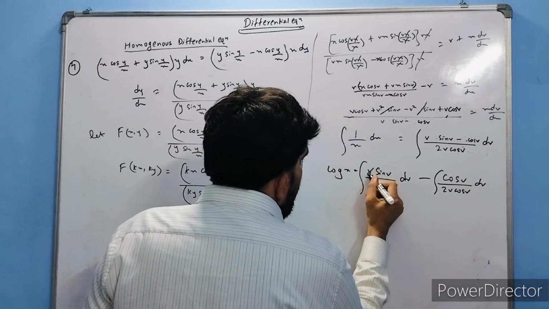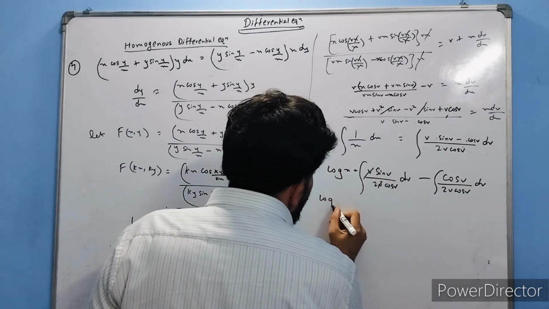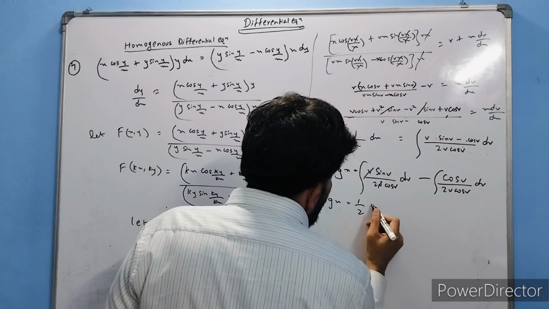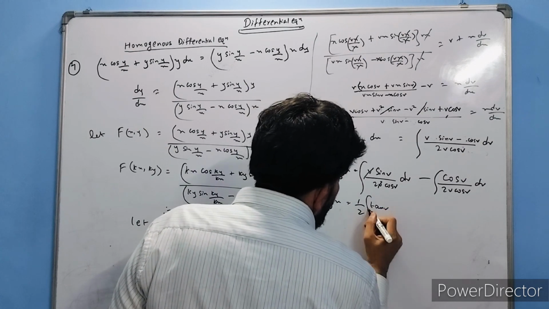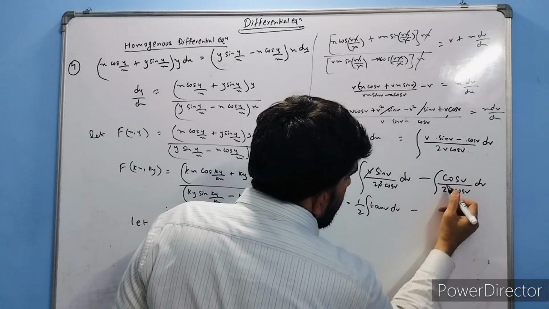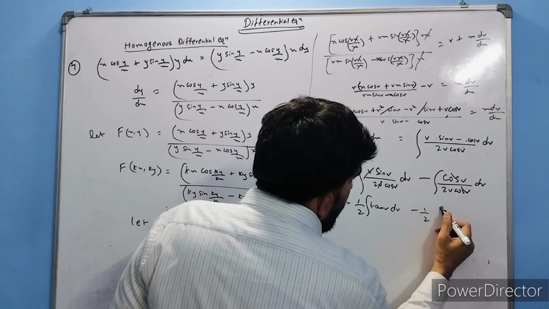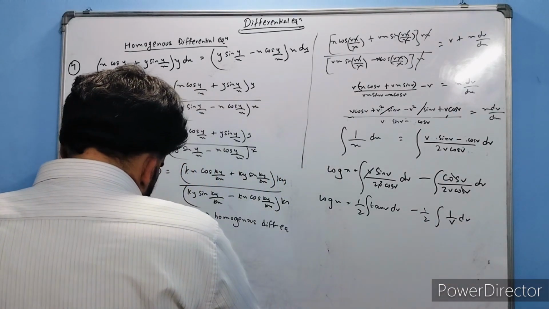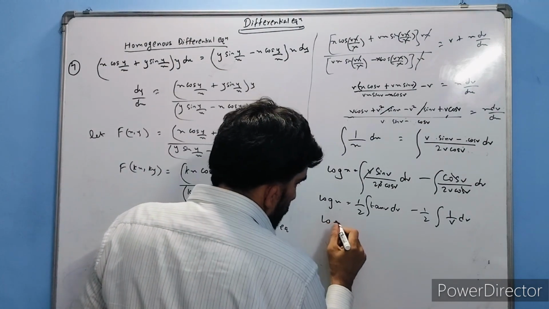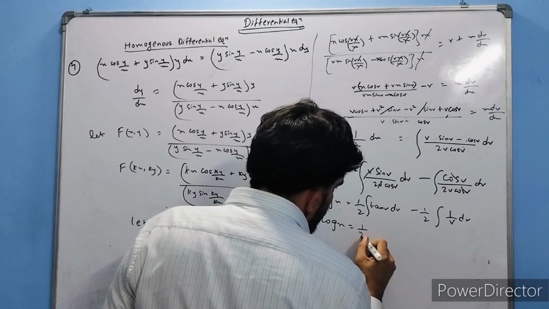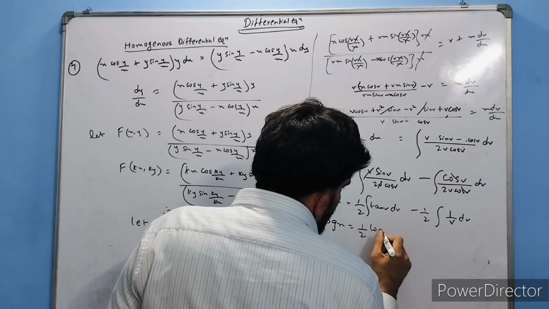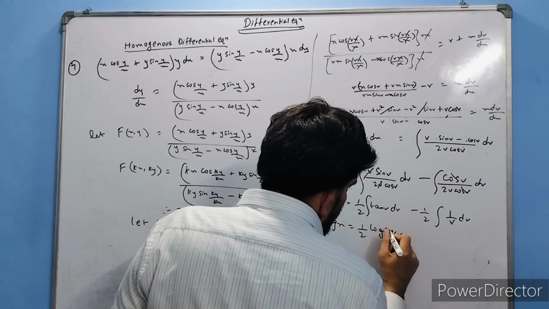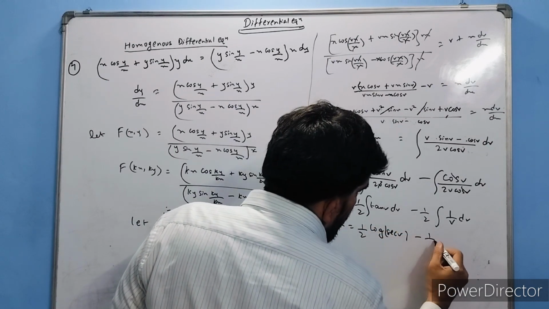So now we have log x is equal to half tan v dv minus 1 upon v dv. Likewise we can easily solve this. So I got log x is equal to half of tan v is equal to log of sec v minus half